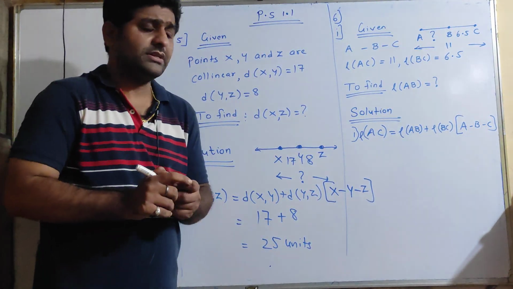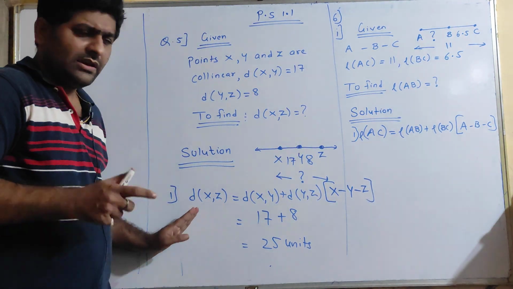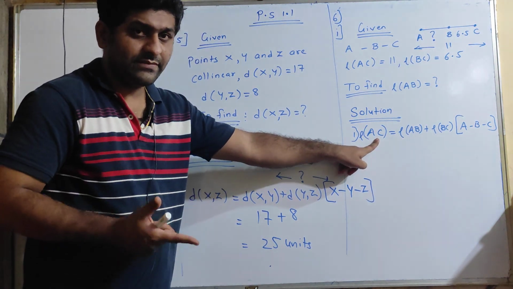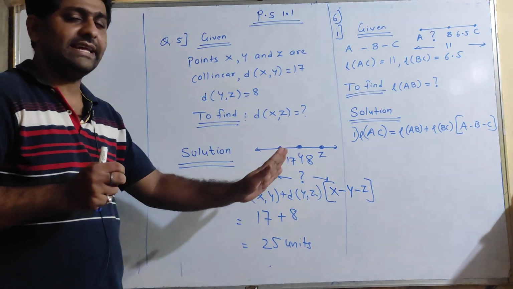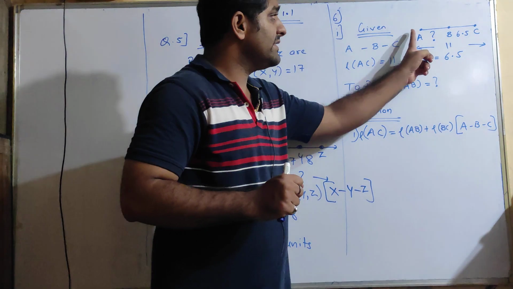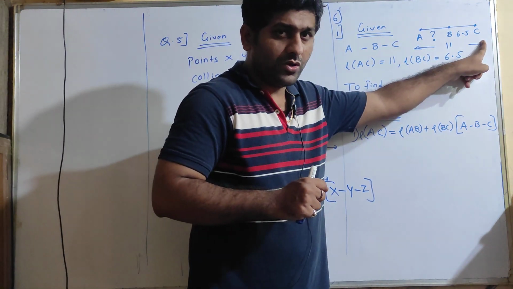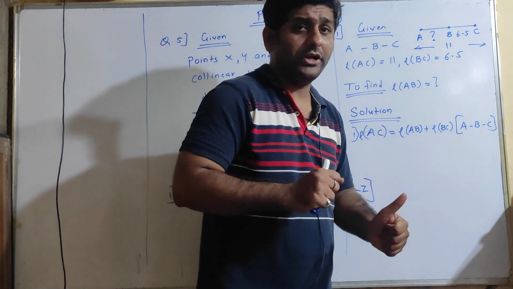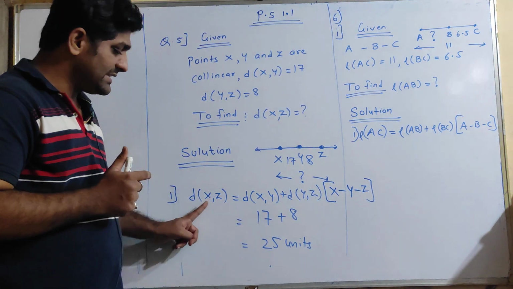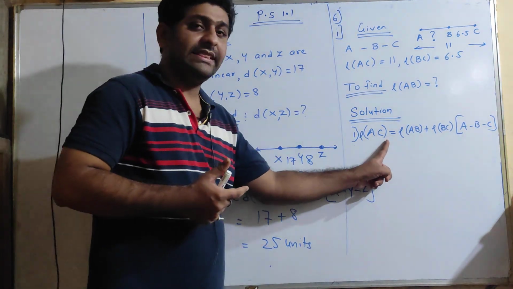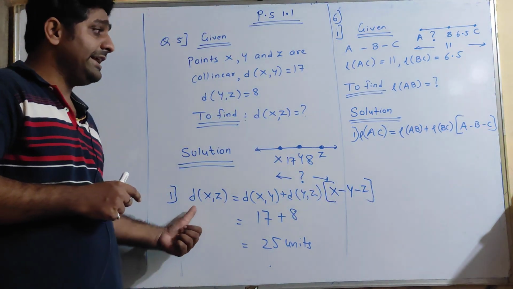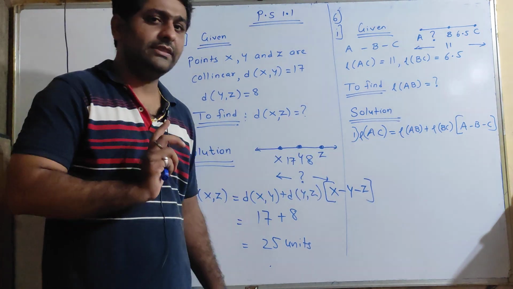Now one more thing students, if you compare this sum with this, if you notice, here I have written distance and now I am writing here the length. Now remember students, distance and length is one and the same. If I want to define a length of the segment, what I would say is that the distance between any 2 points is called the length of the segment. So that's why I can represent this as distance xz, or I can also represent it as length. So both are one and the same. So don't get confused with that, sir, you have written here d and here you have written l. Both are one and the same.